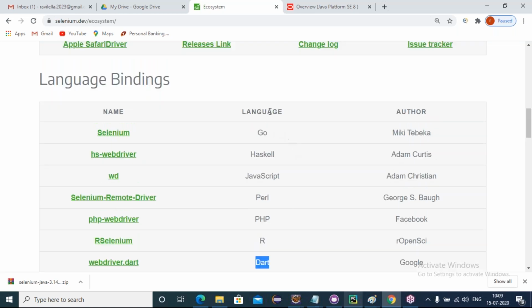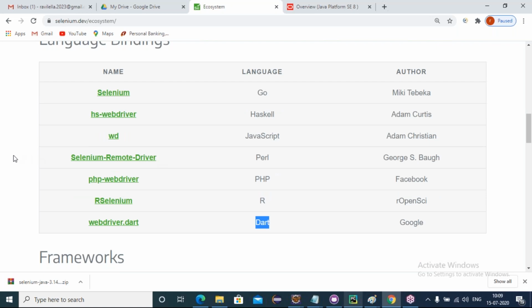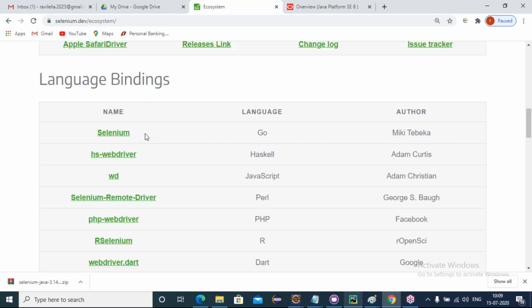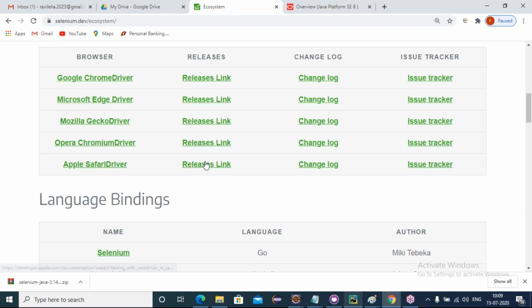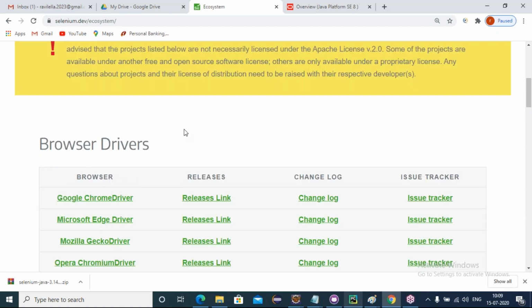See who the others are, what the language is, what the name of that is, all those things. These third party teams are developing other language bindings. Earlier we saw some language bindings designed by the Selenium community. Other language bindings are developed by third party teams like this. They're contributing to the Selenium community. And coming to the drivers. The first prerequisite we did, friends, was downloading the language binding for Java. The second prerequisite is the browser drivers we have to download.